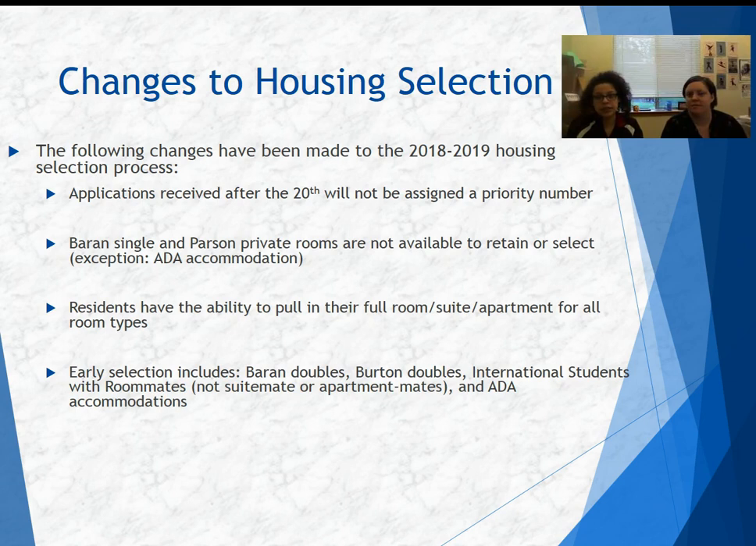Burton doubles will continue to be one of the options we make available for early selection. And international students with roommates. So this is a change we're making a little bit. If you would like to live with an international student as a roommate, that's great, and you can still go through early selection. But we are not allowing these international students as suite mates or apartment mates to go through early selection. So again, early selection is only for those who wish to live with an international student